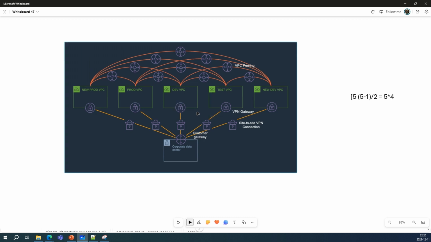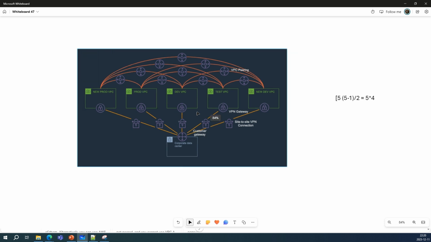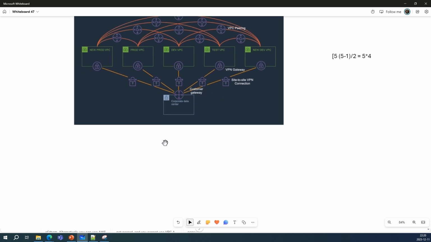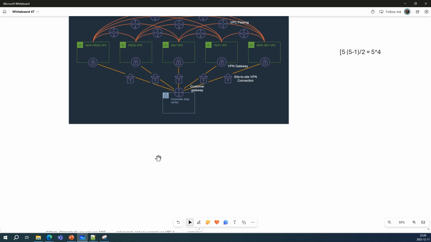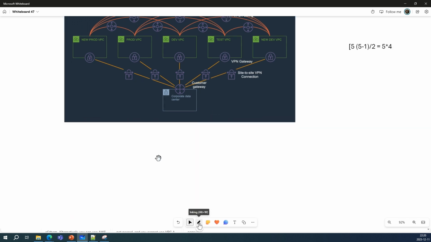You mean transit gateway? Yeah, the transit. If you are into AWS, this is a picture of AWS. Remember that. If you are into AWS, then there is a transit gateway. AWS offers this transit gateway, transit in nature. So if you have, let's say